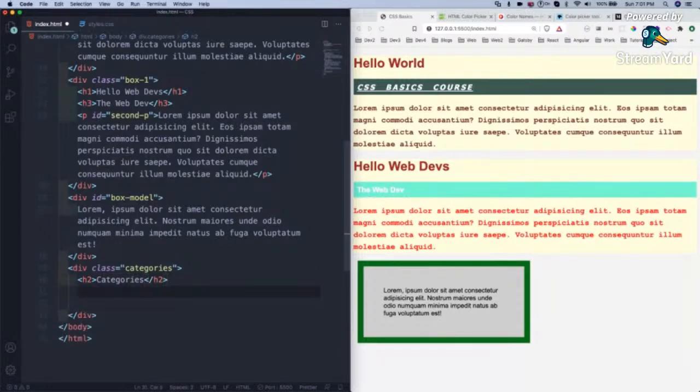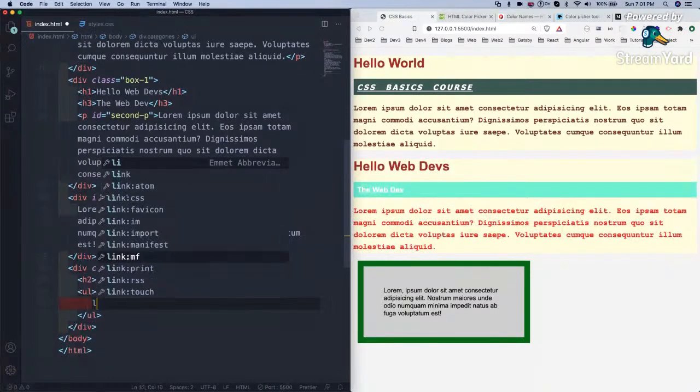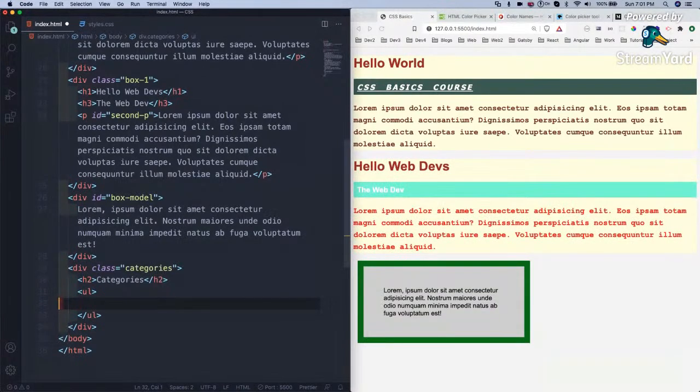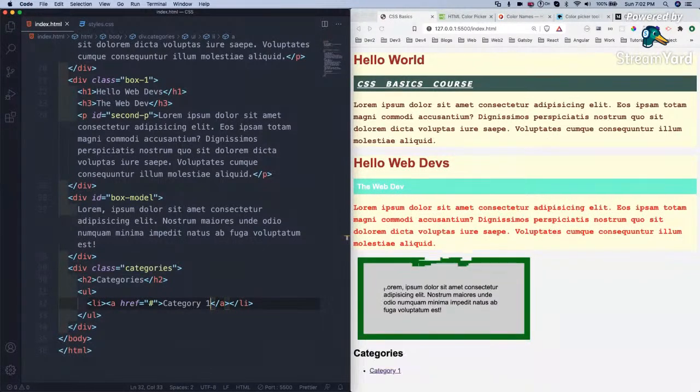and we will take an unordered list, which will give us those dots, those circles, and then list item. Inside the list item we can take an anchor tag also. So we are going to do that. Anchor tag, except let it move nowhere. When you want it to move nowhere, you can give this hash, so it is okay. So then category 1, let me save it and show you what is coming. So it is coming like this.